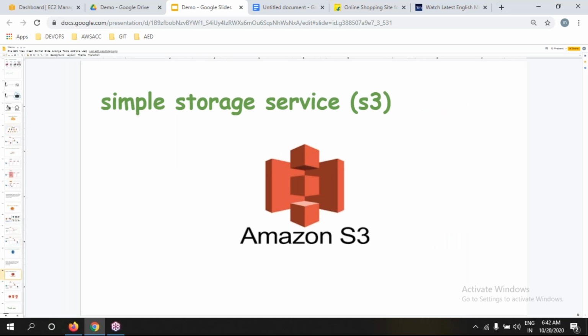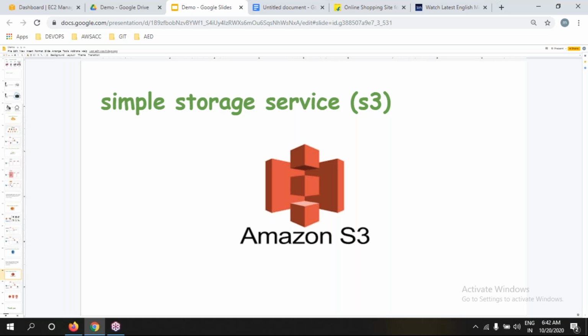S3: Simple Storage Services. With the help of S3, we can upload any amount of data, as much as you can. In an S3 bucket, larger data we can also upload.